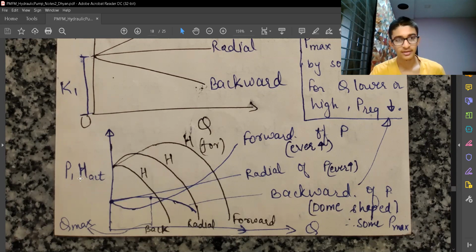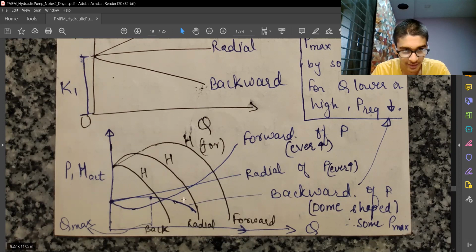Now coming to the power characteristics. This is very important, and I have said earlier we'll see a self-limiting characteristic of the backward blade. I'll explain it right now. We have power versus discharge, and the blue line shows the power. This quadratic function shows it decreases for some time and then it increases. The power requirement is going to increase monotonously after some point of flow rate. That is, for forward facing blades the power is ever increasing after some time. For radial, it is linearly increasing, but the power keeps on increasing as we increase the flow rate.